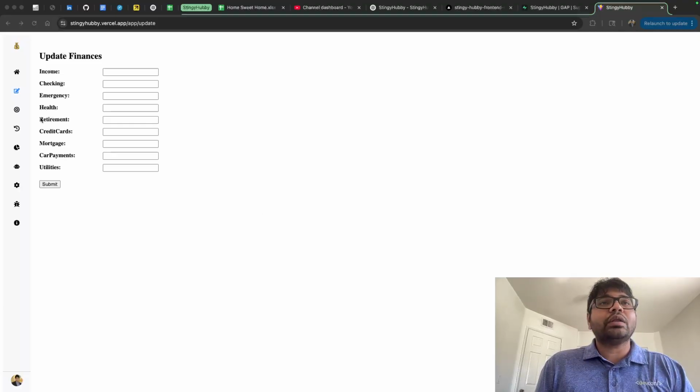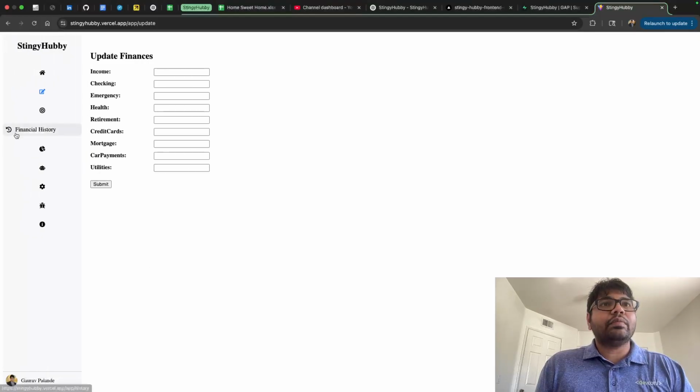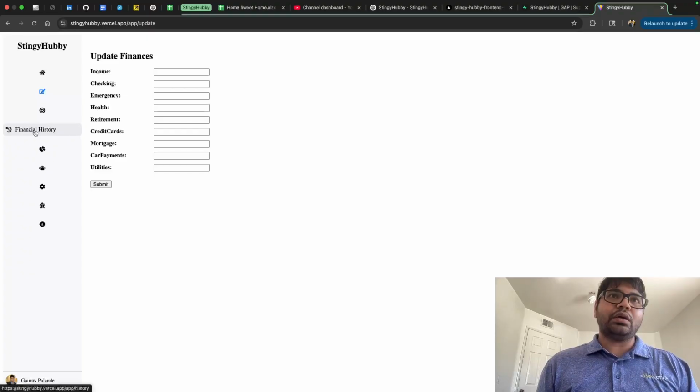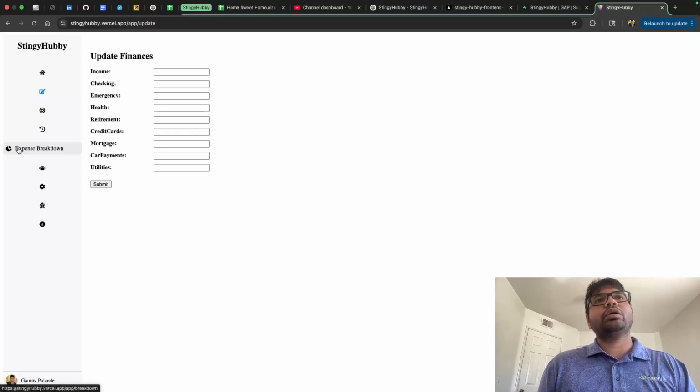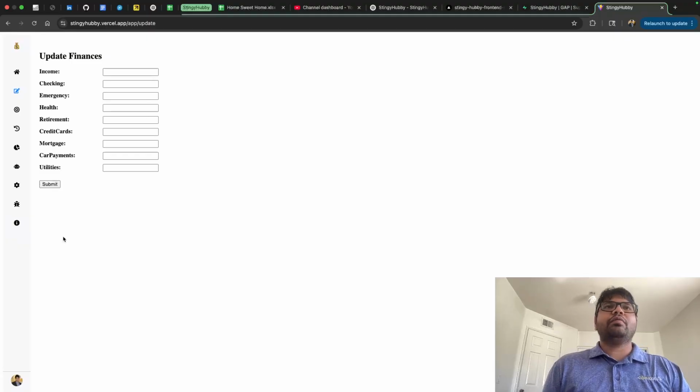So right now, if you look at the navigation bar on the left side, whenever a mouse hovers on top of an icon, that icon expands into a financial history, or in this case, this icon is saying financial history. And then when I go just below, it goes back to its original size. And then if I go a little bit more down, it goes to the next icon and expands again to display the name of that icon. Like that, if I scroll, it goes up and down. This behavior,